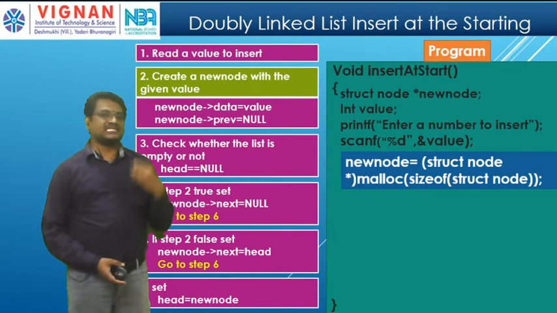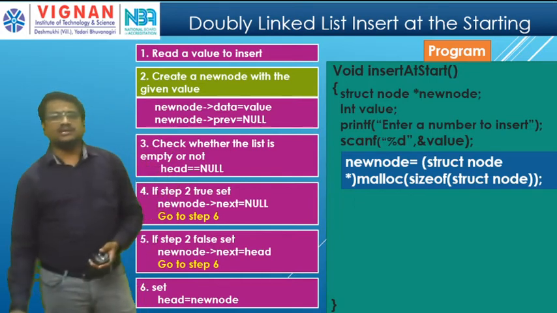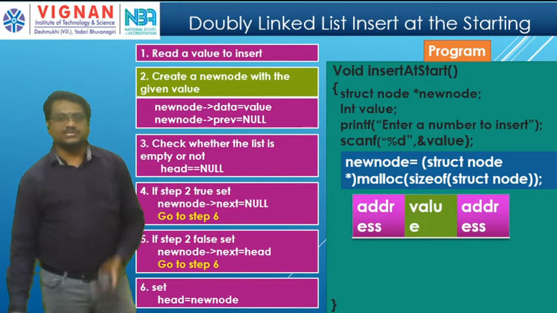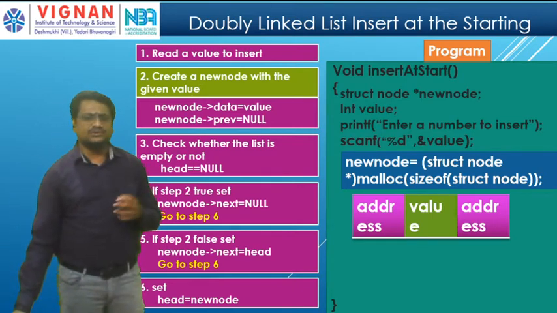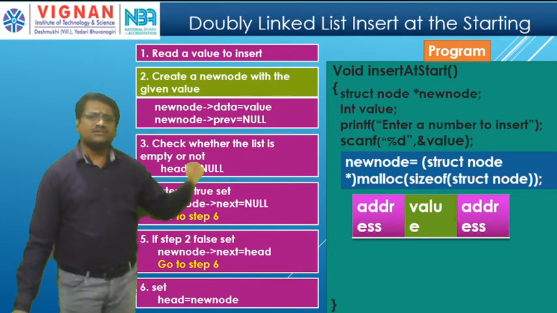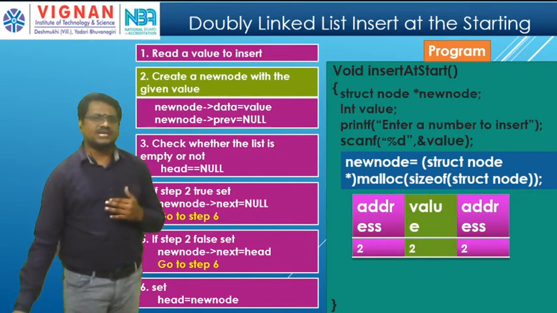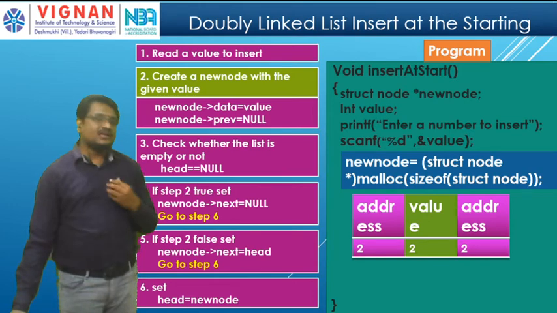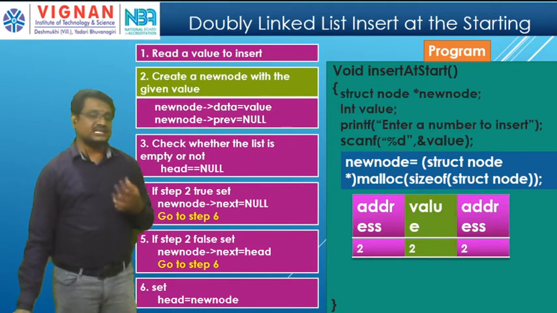So double linked list contains three fields. So for all three fields, I need to reserve the space. Am I right? Now this is the structure of double linked list. As you know, see here: address, value and address. So as per my assumption, address is also stored as an integer. So I'm assuming address takes 2 bytes of data. Value is an integer. Integer in C stores 2 bytes of data, as you know.